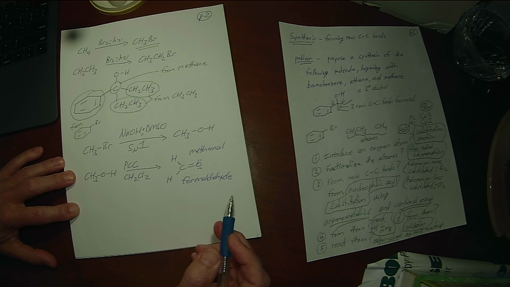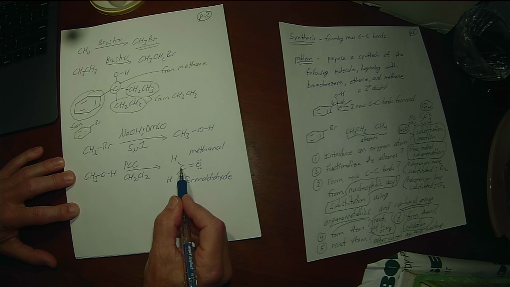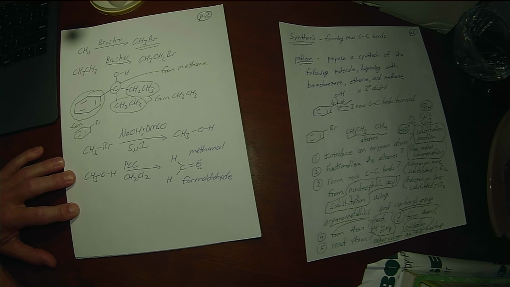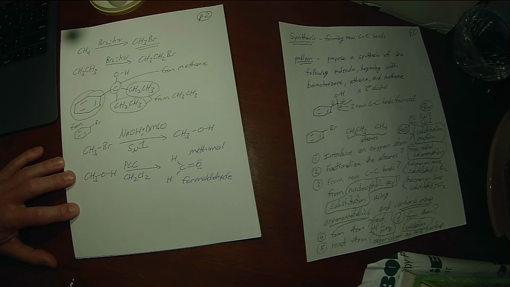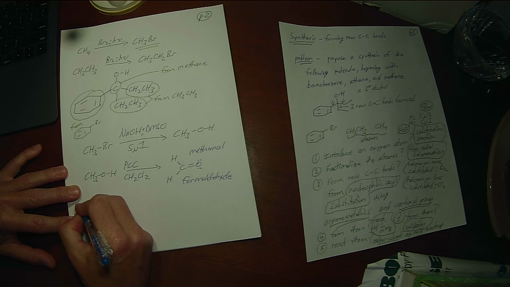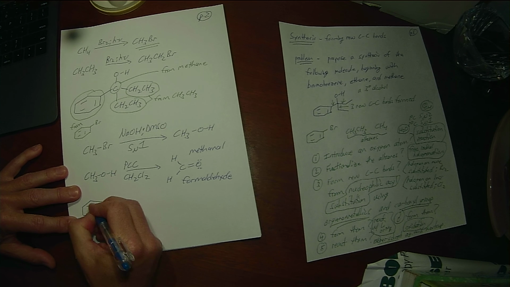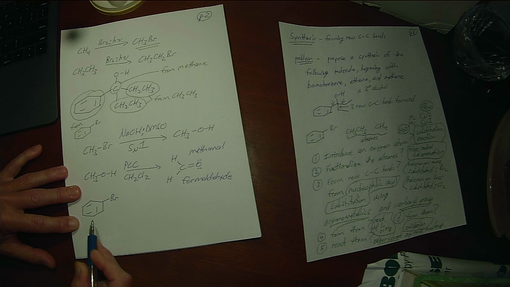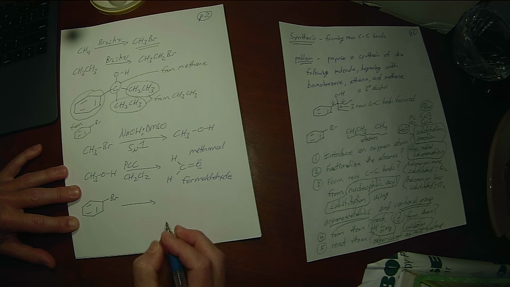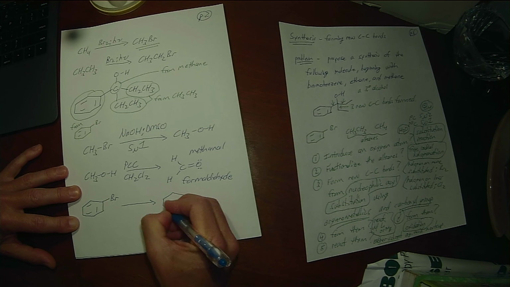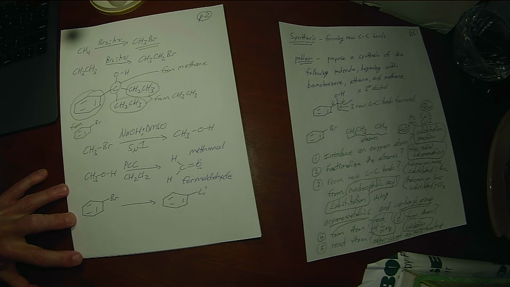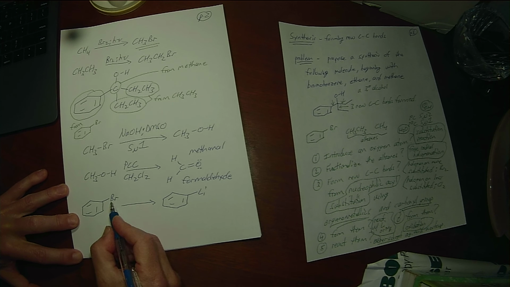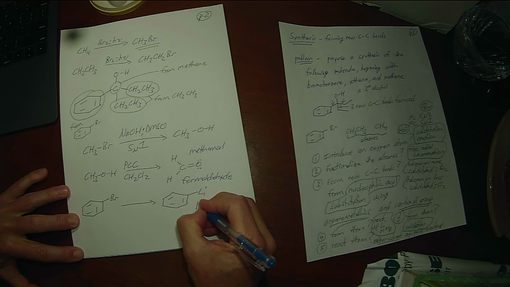So we've got formaldehyde. We now have something that we can form a new CC bond to, but we're going to need an organometallic. The things we're adding are ethyl groups and a phenyl group. Both of those are going to have to be organometallics. So we have bromobenzene. We're going to need to convert that into an organometallic reagent, either an alkyl lithium or an alkyl magnesium bromide. Might as well use the alkyl lithium because that's the one that was on the third question on the quiz. How do you convert bromobenzene into phenyl lithium?